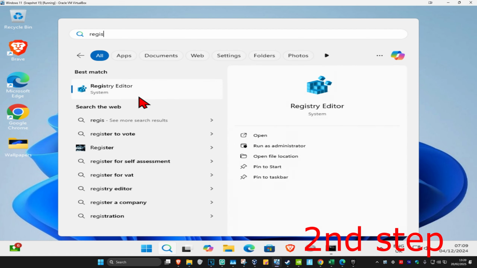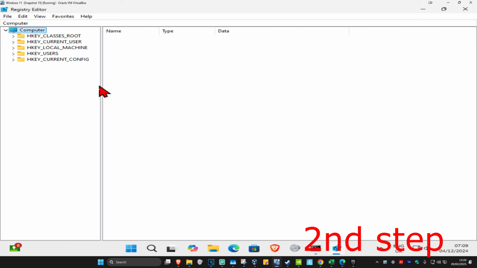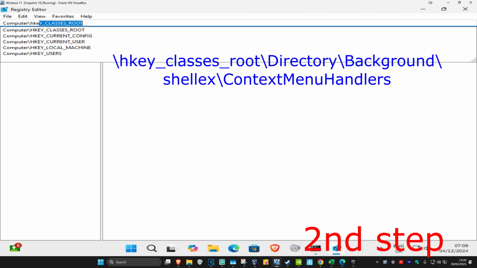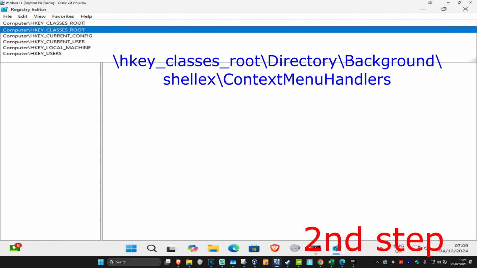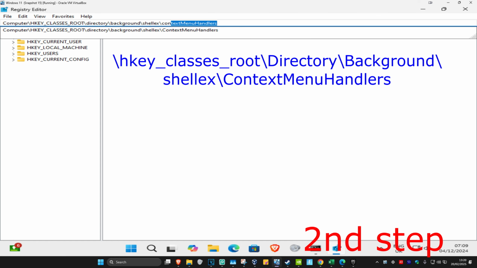in registry editor. Click on it. And then click on yes. Now once you're on this, you want to come up here next to computer. You want to put a backslash and then type in HKEY_CLASSES_ROOT. Here it is. Now you want to put another backslash and then do Directory, backslash again, Background, backslash again, Shell